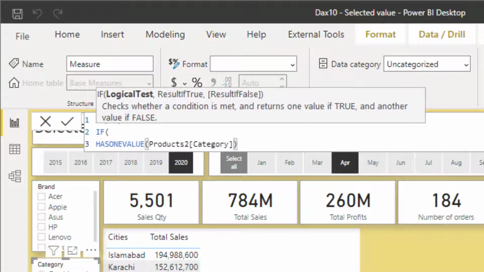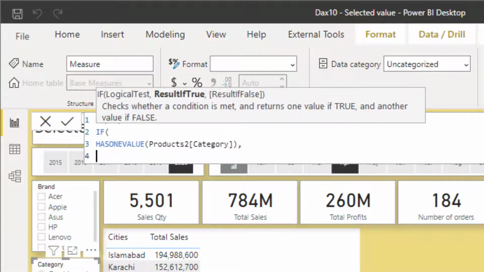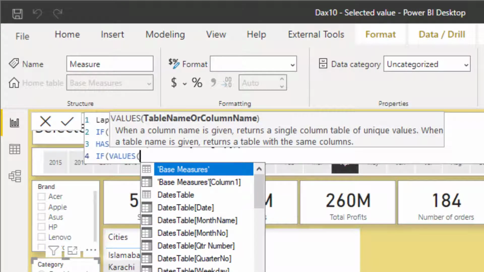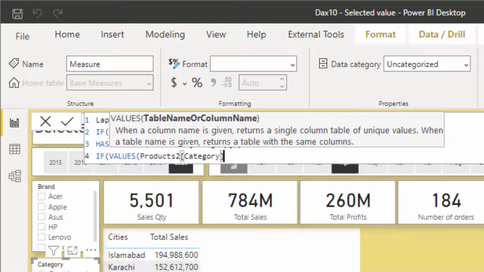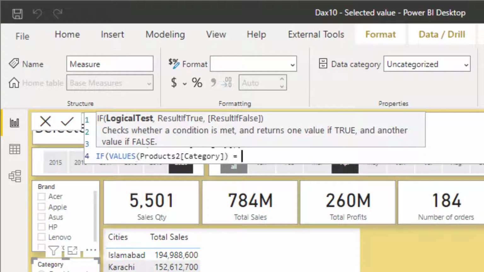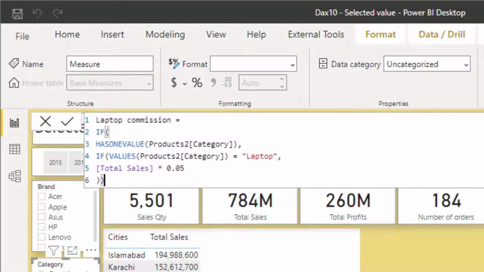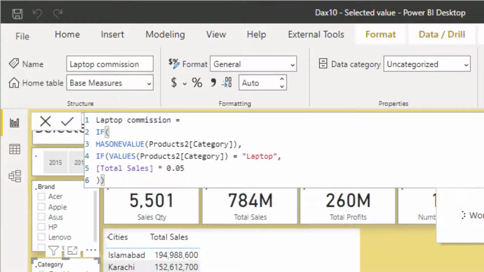If the product category has one value, then we need to check if the value selected is equal to laptop. If this is so, then we need to calculate 5% of the sales value. And when we close our brackets,